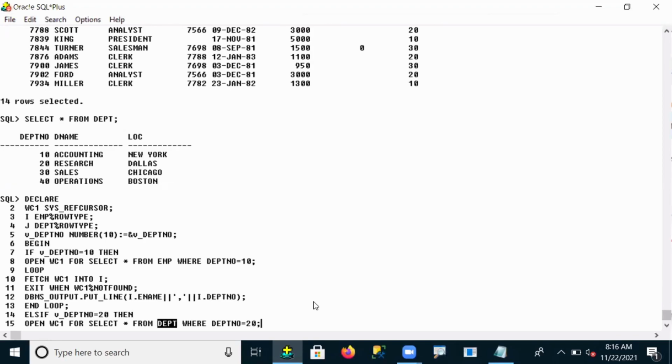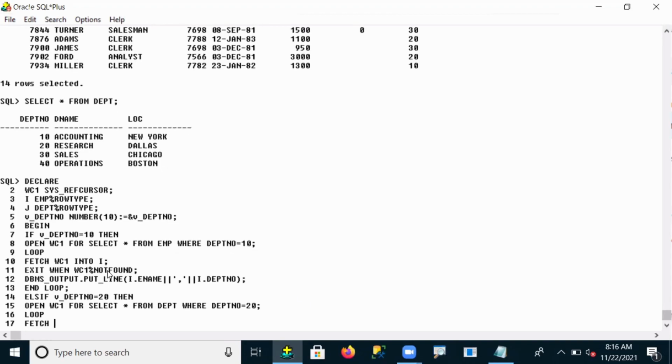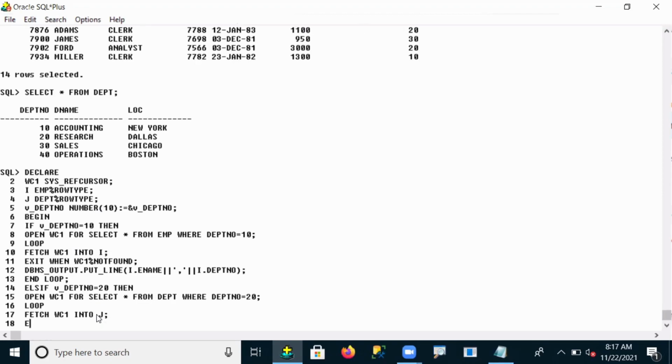Okay, right. So as usual, guys, after your simple loop and after sending your data, fetch WC1 ref cursor, storing into, now this time I want to store into the J variable, because J is a variable. I'm going to declare this variable for fetching the data from the DEPT table at the row attribute level. Entire row we can fetch. So into this J I'm going to store, and later as usual, if data is not found, then WC1 percent not found attribute I want to use.